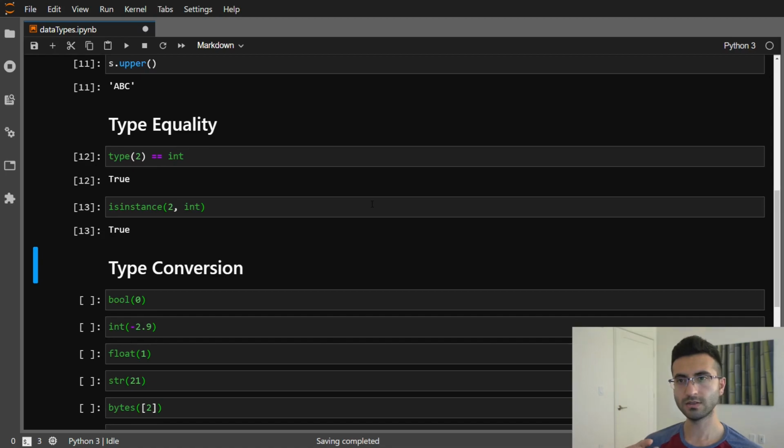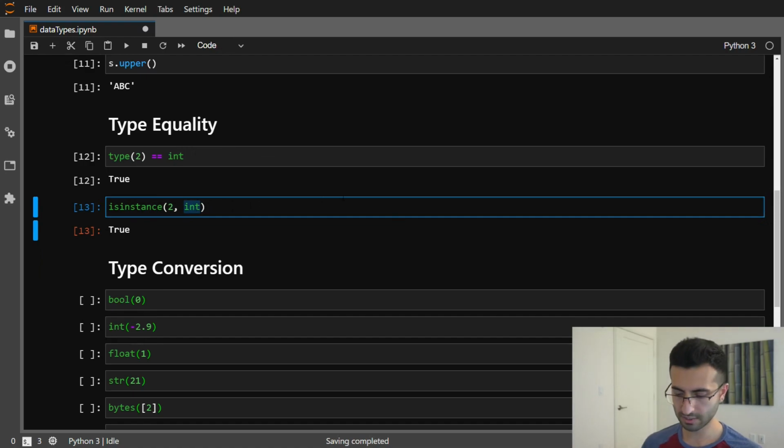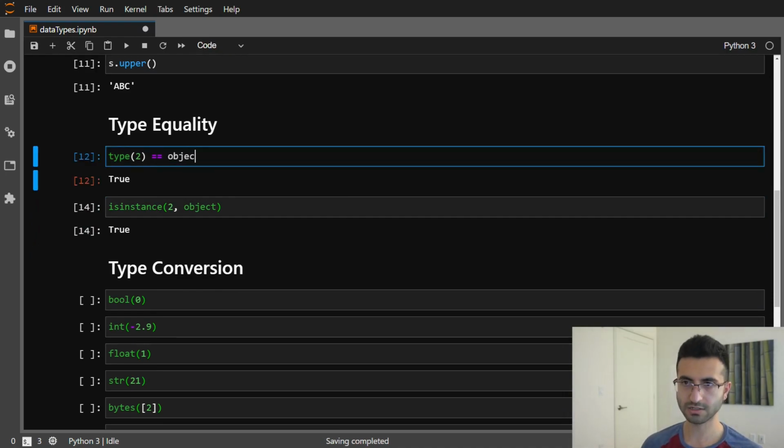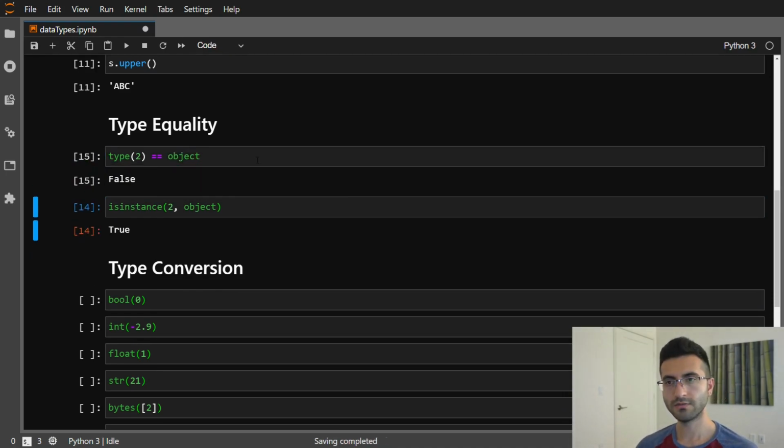There is a subtle difference between type and isInstance, and that's regarding checking classes and subclasses. So if I use object, which is the parent class to all classes in Python, then again I see true down here. But if I switch this one back to object, then I see false, because type only, we are doing